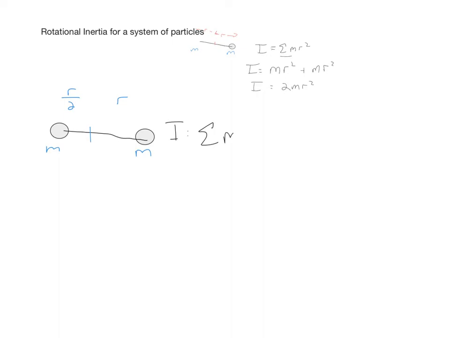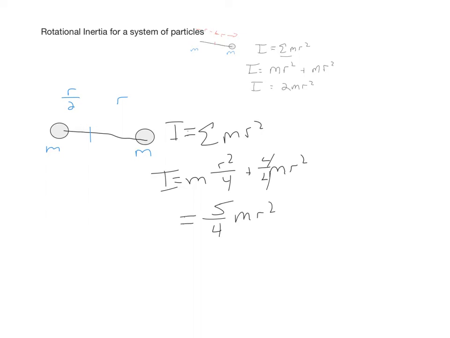So starting with our equation, out of both masses, so we have m times r over 2 squared. So r squared over 4 plus mr squared. Now we have to figure out how to get those combined. 4 over 4 plus 1 over 4 gives us 5 over 4 mr squared. So just by changing the point of rotation, it has changed the value